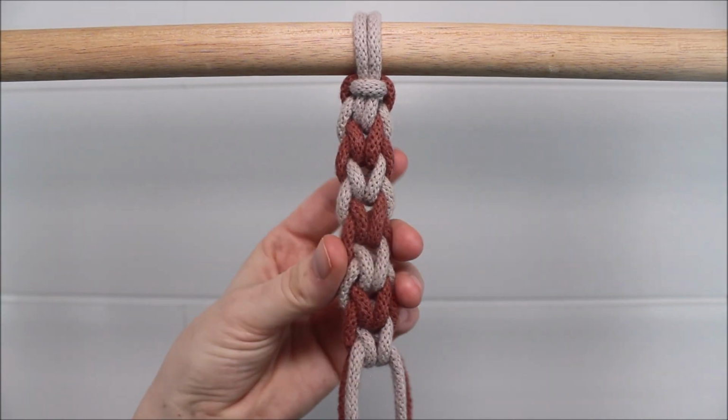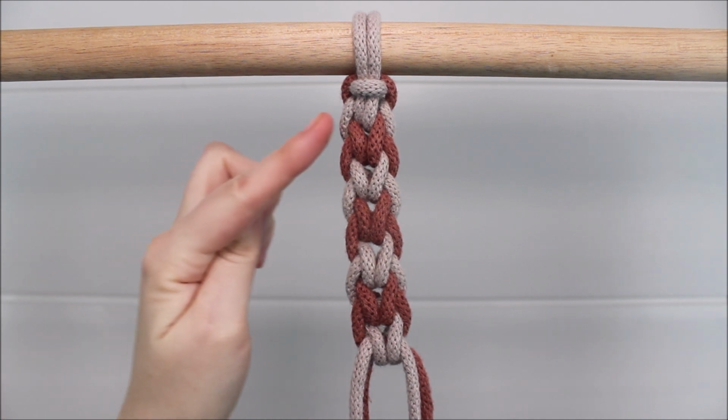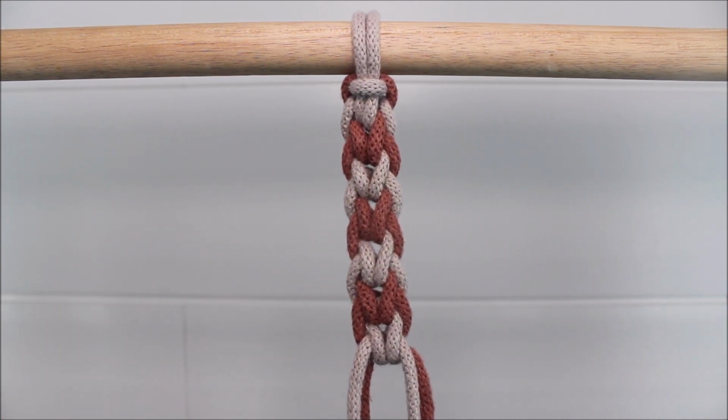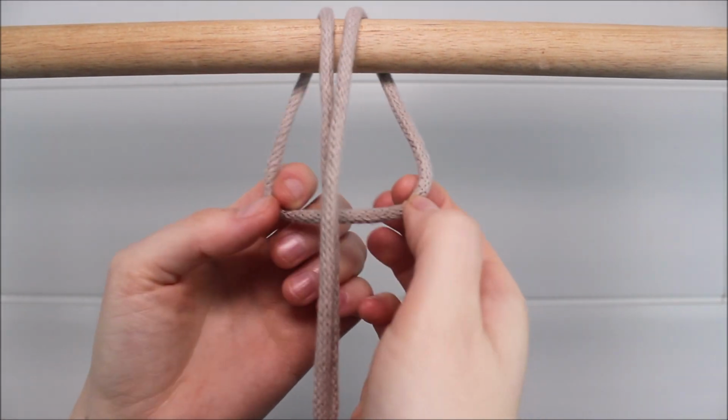Everyone! Today I'll be showing you how you can tie the reverse endless falls knot in multiple colors. Let's get started. Start by folding your first cord evenly in half and attaching it to your dowel rod with